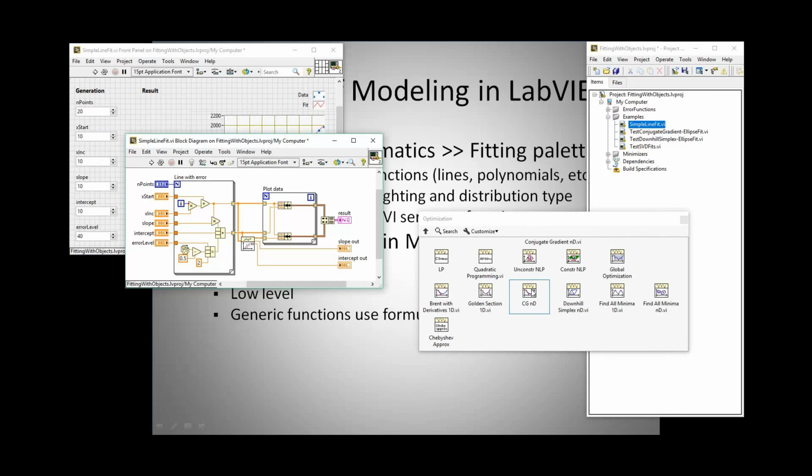This one, the conjugate gradient, is basically a multi-dimensional minimizer. So it takes where it is, finds the gradient to the lowest point from that, and goes down it until it finds a minimum. It's very fast, but it's also easy to confuse it. The downhill simplex is slower but more reliable. It basically makes what's called a simplex. You can see the little triangles on the icon. A simplex is an array of points, one more than the number of variables you're trying to change,